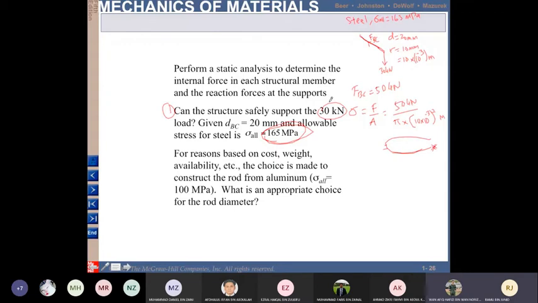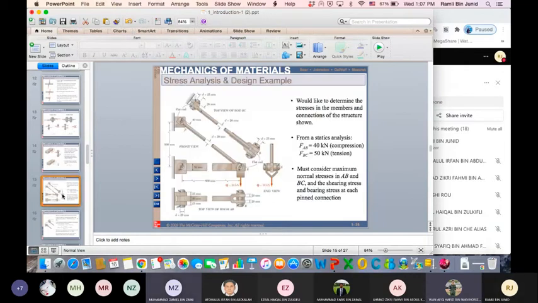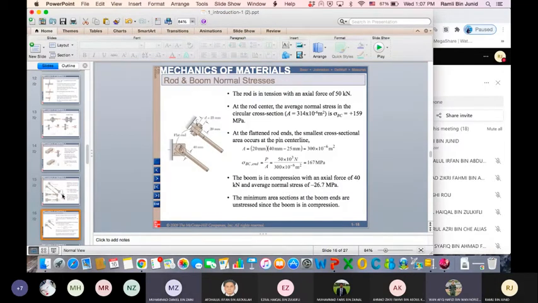So let's see what the calculation shows. We already calculated this one, yeah? 159. So 159, that means it is